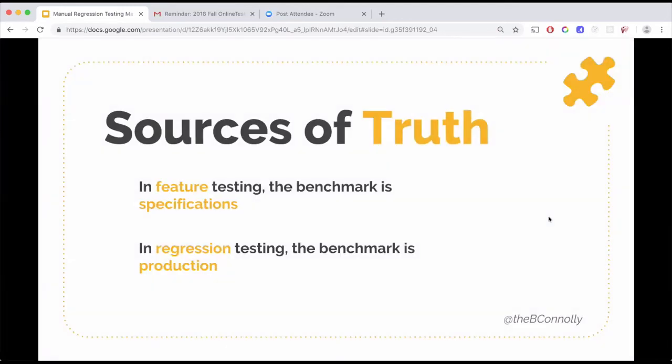So what we can remember here is there's different sources of truth for different phases of testing. So when we're feature testing, we are benchmarking the behavior, the correctness against your specifications, against oracles, against the product owner, right? There's a time where we can measure things. And is this adequately following our expected behavior? But in regression testing,